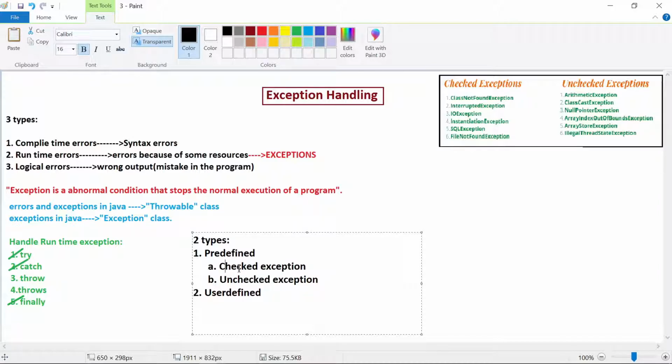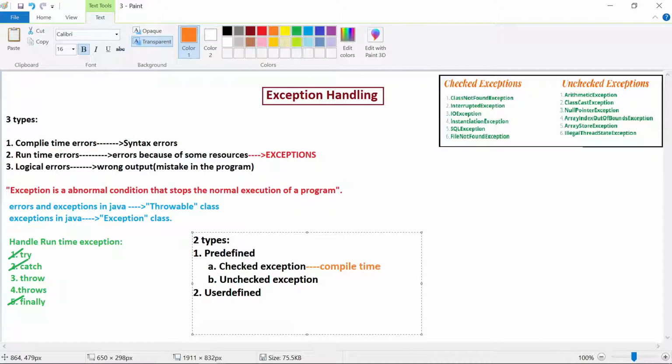Now what is this unchecked exception? What is this checked exception? Okay, checked exceptions are those exceptions that are raised at compile time. You have to note down this point, all of you. Such exceptions are called checked exceptions.